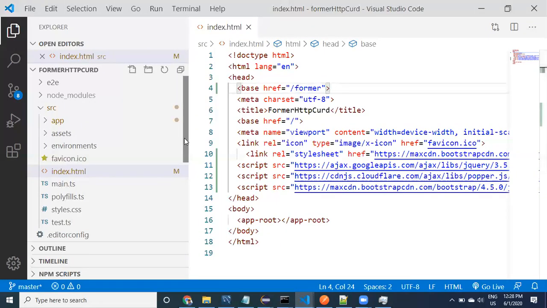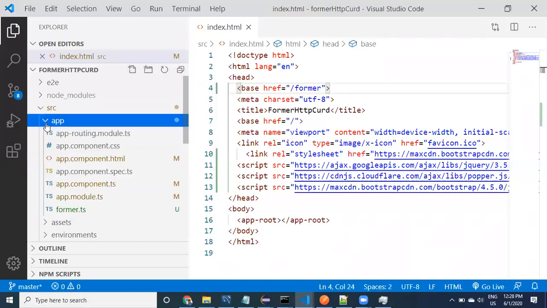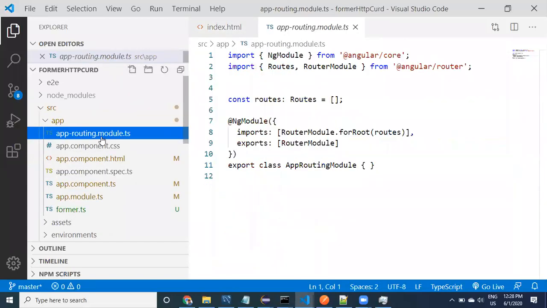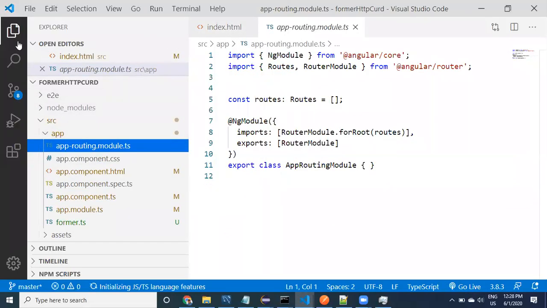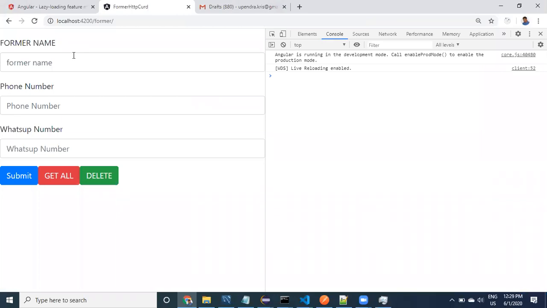Step number two is routing related information. Go to the app routings. We have different types of routings available, and that's what we need to discuss today. Right now there are no routings at all. I want to apply routings. Maybe I would like to take former details. If I click on get all, what's happening?